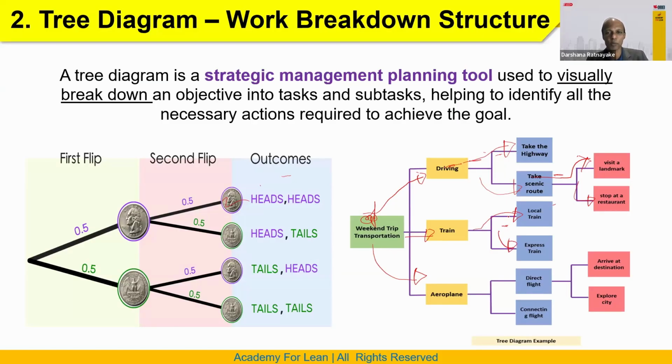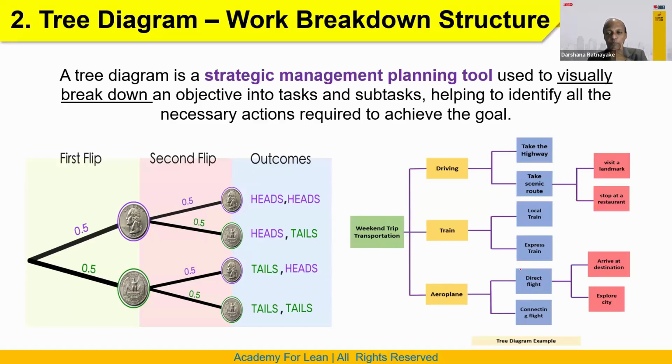That means the trains can stop at every place, or we can use an express train. These are the two options we have. If we go by flight, we can take direct flights or connecting flights. If we take a direct flight, we arrive at the destination early, so we have more time to explore the city. But if we take connecting flights, we need more time. So these are some examples of how we plan the trip,